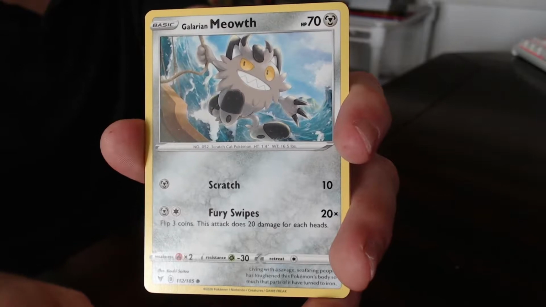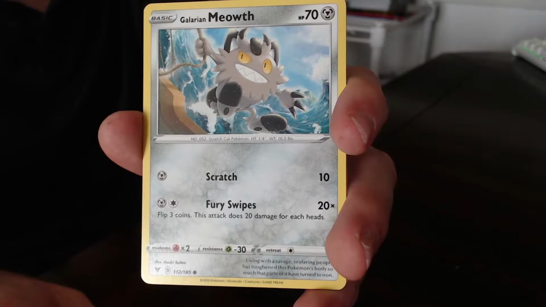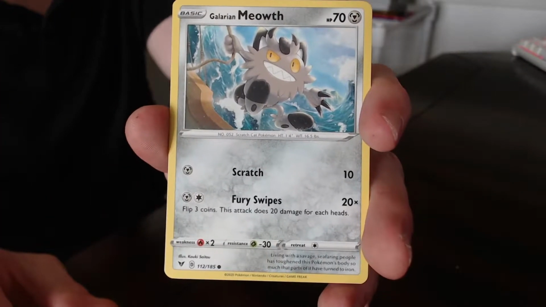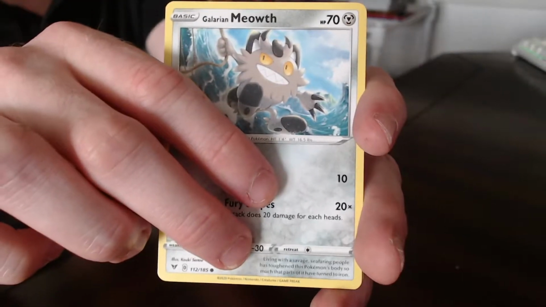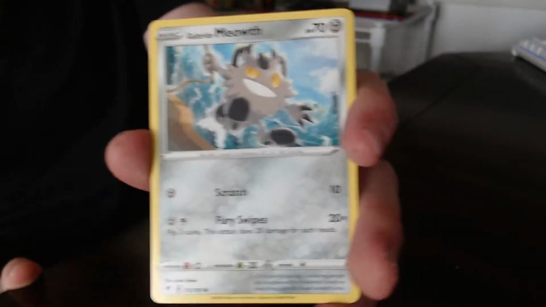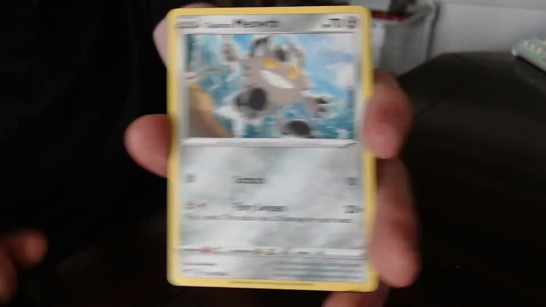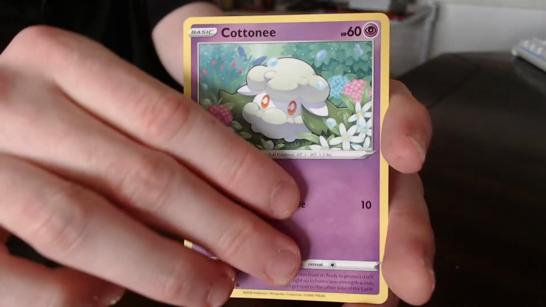Galarian Meowth. He's going full Viking style. That reminds me of Vinland Saga or something. Maybe he's part of Askeladd's crew. Very cool artwork for the Galarian Meowth, who evolves into the Berserker. So I guess I see the Viking connection now. Yeah, that makes sense, the Berserker Vikings. He's starting on his Viking quest. Maybe one day he'll evolve into a Viking Berserker. And Cottony,